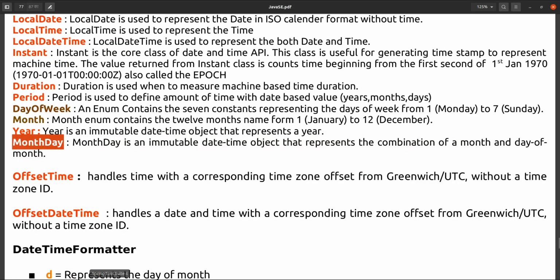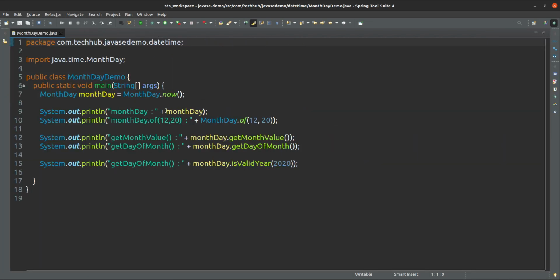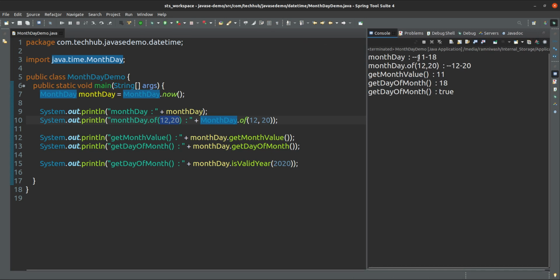Next one is the month day demo. What is month day? Suppose month and day, it will create using month. This is the month, this is the day, 18th. This is the date and month. Only month and date it will consider.